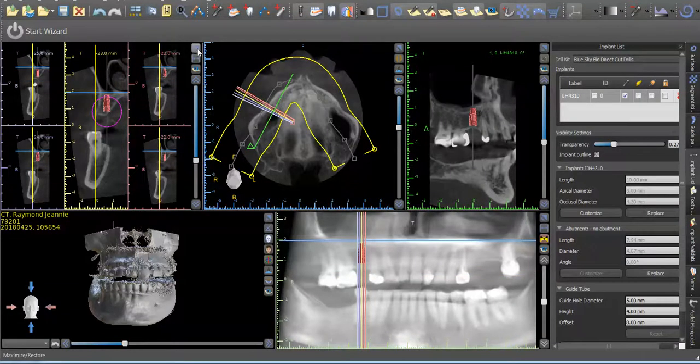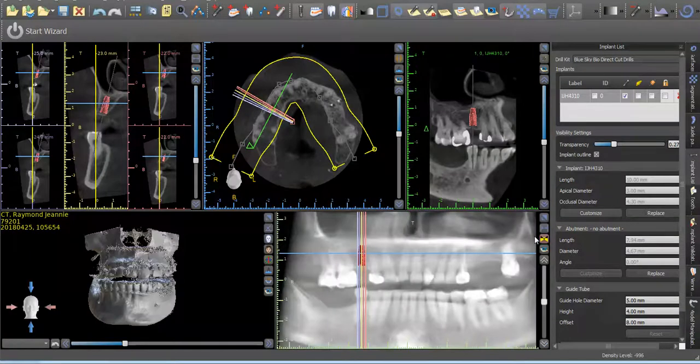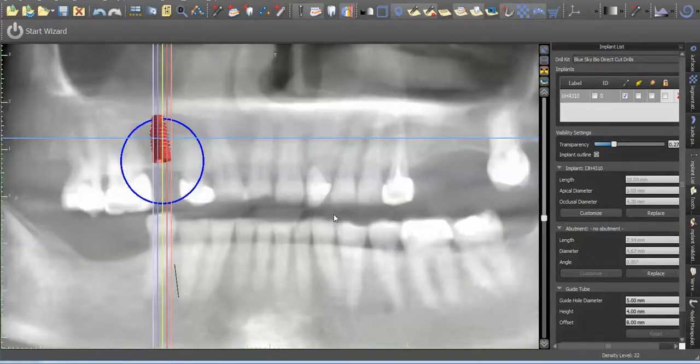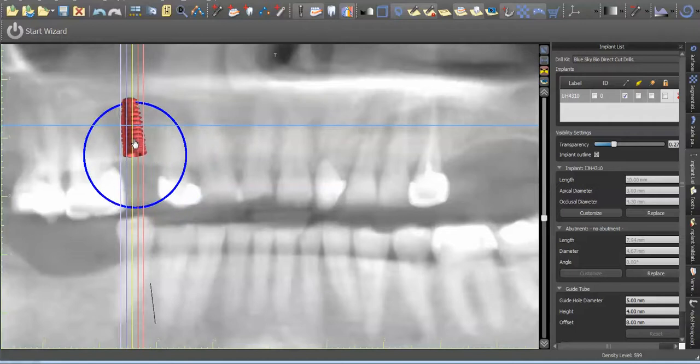So essentially placing the implant in the bone in the ideal position based on the bone quality and quantity, irrespective of prosthetic considerations, which we'll look at later on. Another thing you can do is angle it. If you want to, line this up with the proximal tooth in front of it, slide it back to make sure you have the right angle,